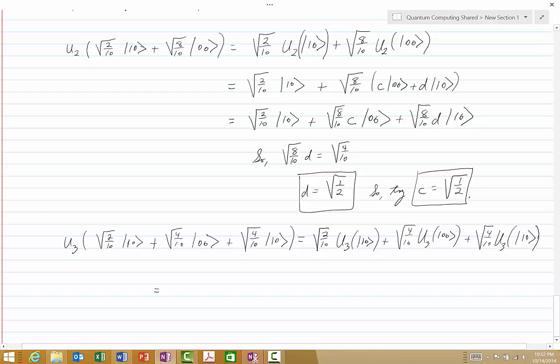Now, u3 acts trivially on 1 0, so the first term just becomes square root of 2/10 times 1 0. And likewise, for the last term, u3 acts trivially on